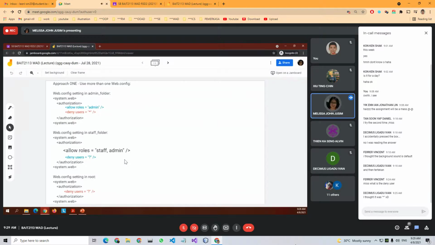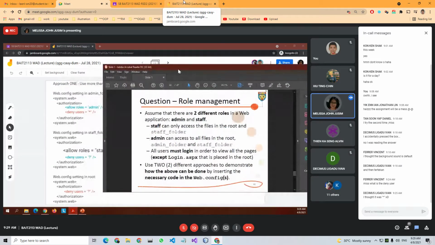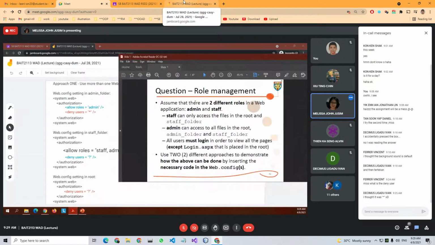If we use text, I find that it's a little. For the admin folder, what should we put for the admin folder? We deny. Is it already changed?